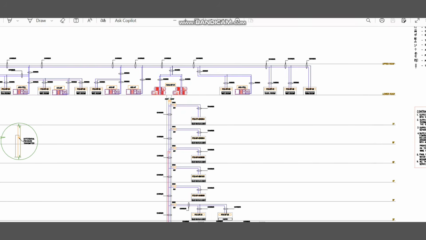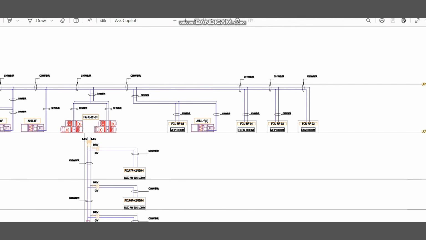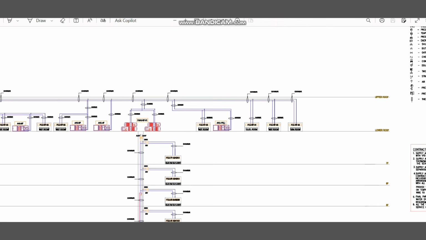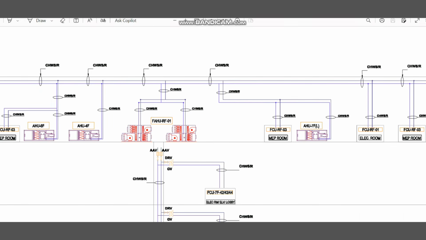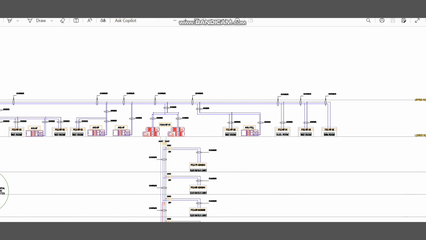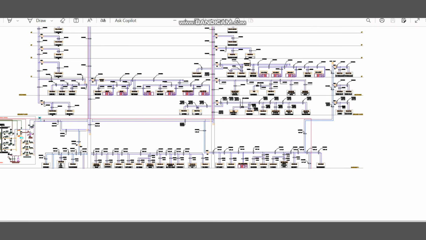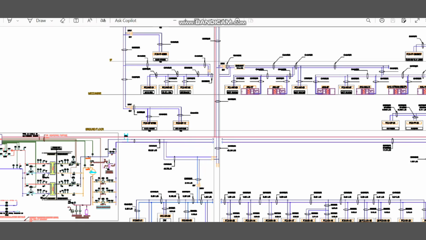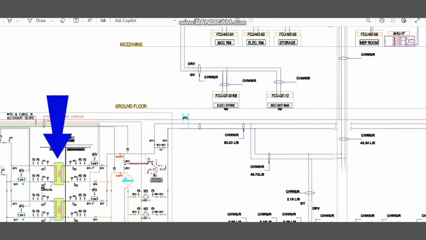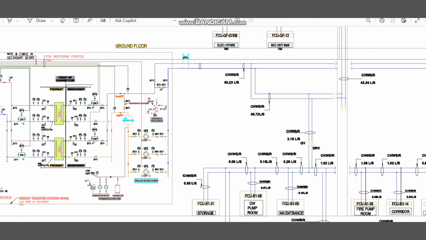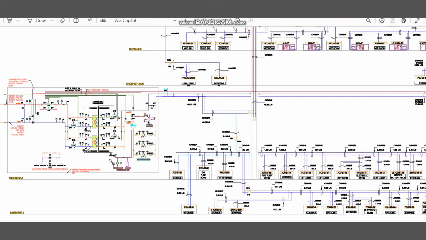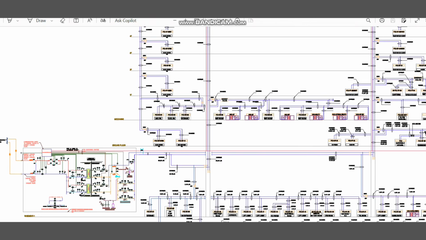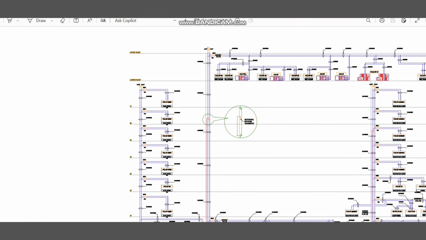So here in the roof you can see there are different FCUs located in the GSM room, MEP room, and electrical room. Also you can see the AHU, and moving further you can see the FAHU and different AHUs. First, the outline of the project: what you see here is the heat exchanger room. We have two heat exchangers here. We can call it a heat exchanger room or ETS, energy transfer room. And from the heat exchanger the line is serving the different FCUs and AHUs located in different parts